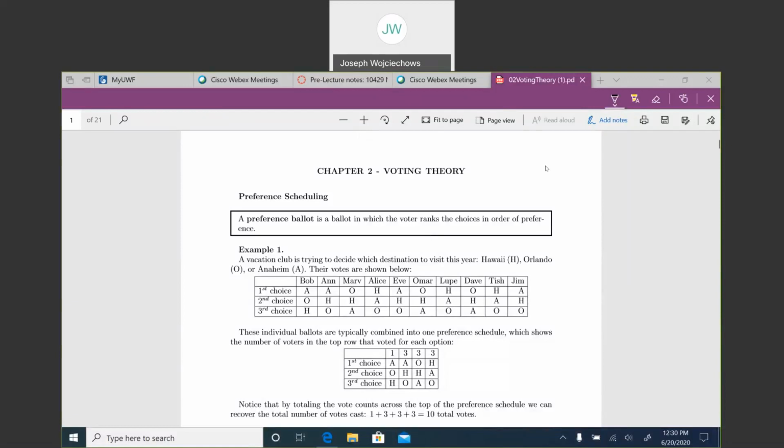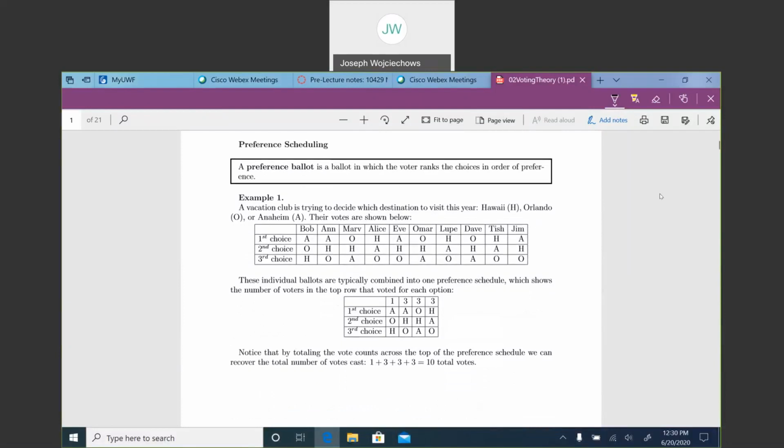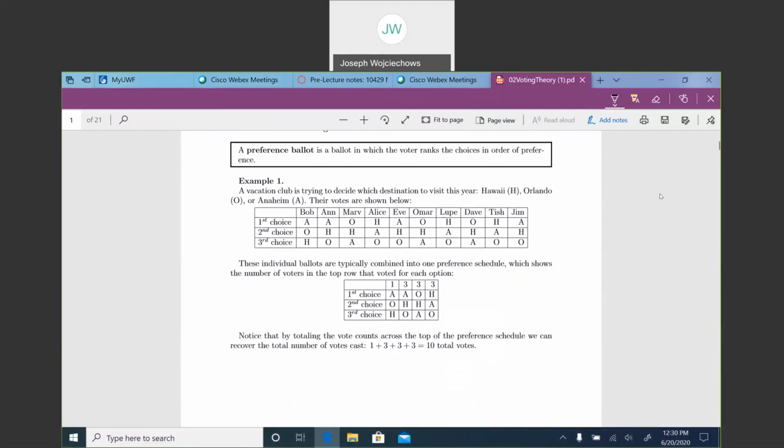Okay, so today we're going to look at the voting theory chapter. First, we need to talk about preference schedules. A preference ballot is a ballot on which the voters rank their choices in order of preference. So here we have a vacation club trying to decide which destination to visit: Hawaii, Orlando, or Anaheim, and